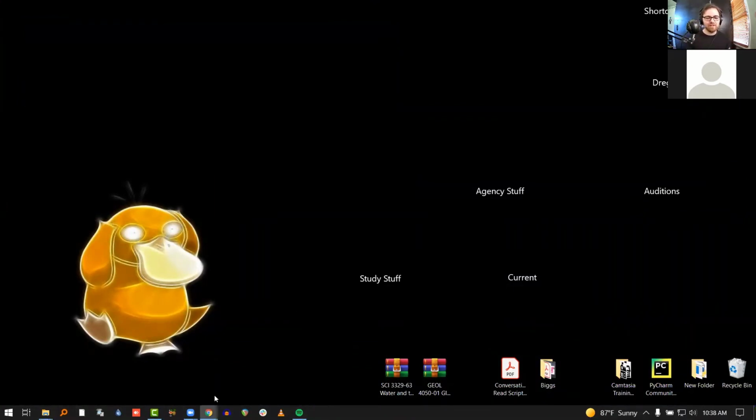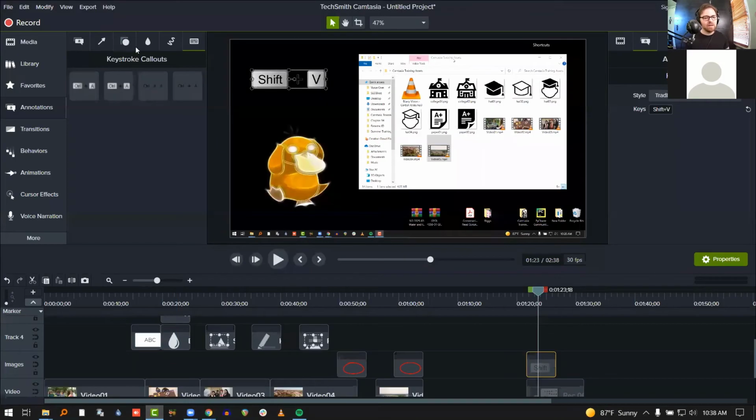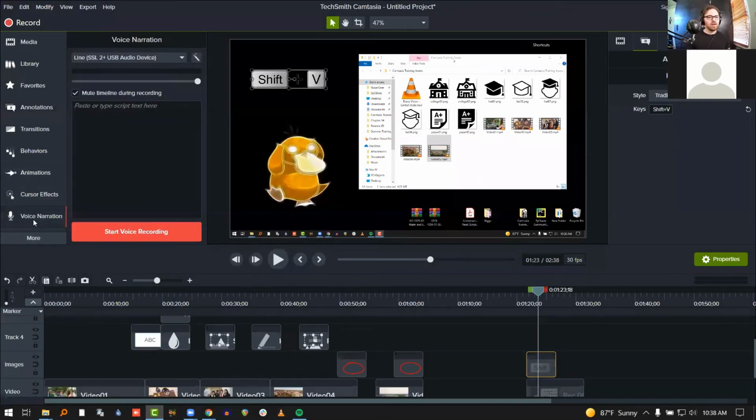However, if you just want to narrate over existing video, you can also do voice narration. You would choose your microphone at the top and then just hit start voice recording, and it will play through your video and you would just talk over it as it's playing in real time. Or if you have a separate audio editor like Audacity or Reaper or Pro Tools or whatever audio workstation you like to use, you can record it there and then just bring it in as an audio file